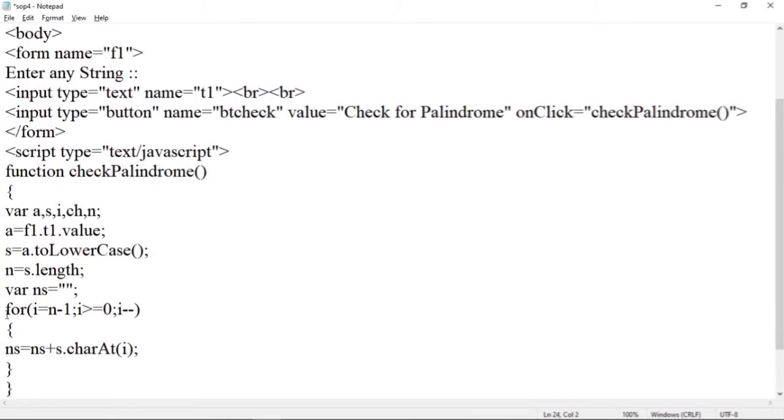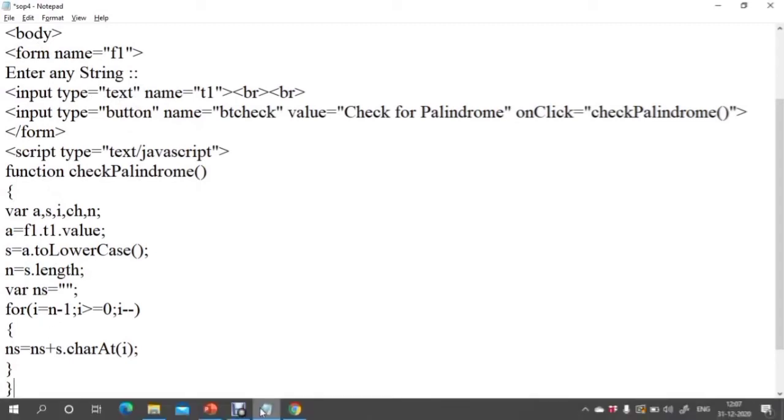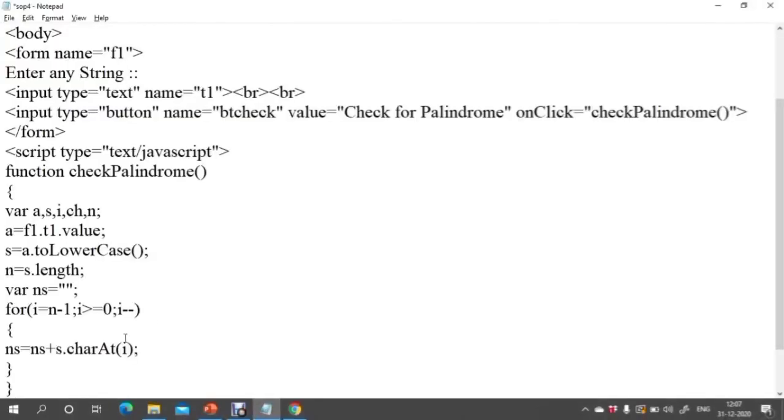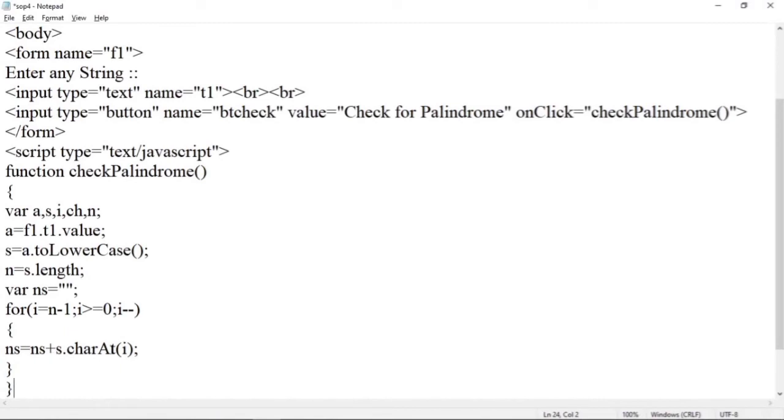That is, for I is equal to 3 this condition is true. See here 0, 1, 2, 3. For I is equal to 3, the character is d. So charAt 3 is d. ns contains an empty string, so empty string plus d. So ns is now containing the character d.